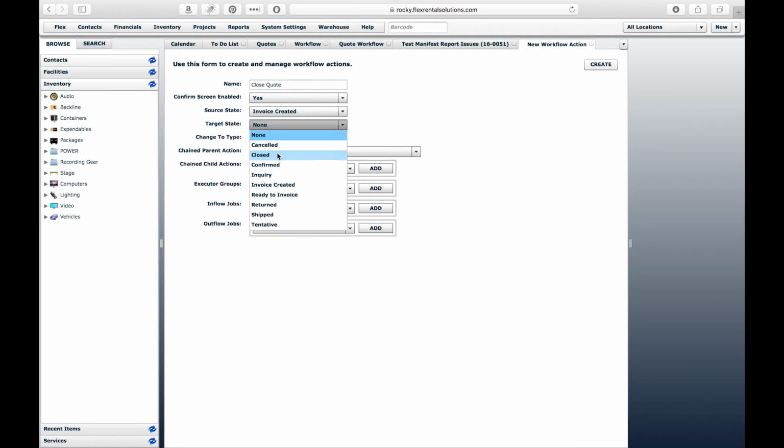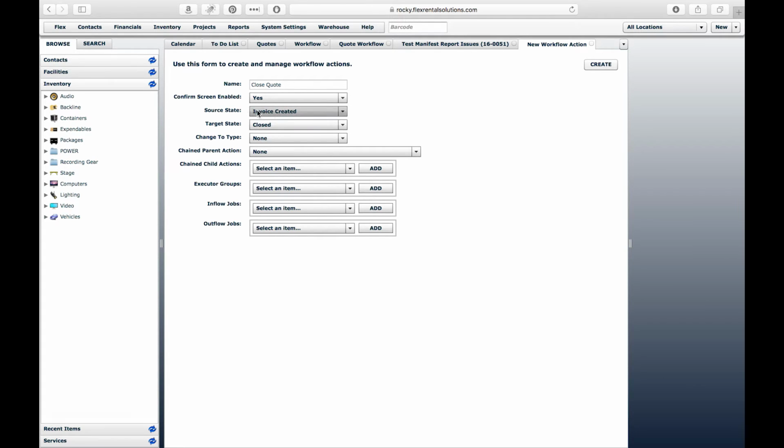Here is where we're going to choose our newly created closed workflow state. So again, you have your closed action. Your source state is what state or status do I want this action to appear in, and your target state is where do I want this action to move this element into. You're going to click create,